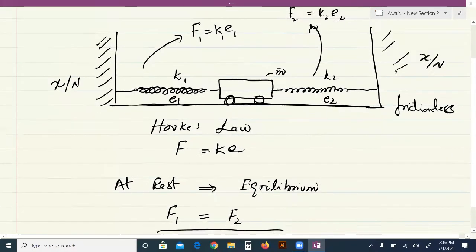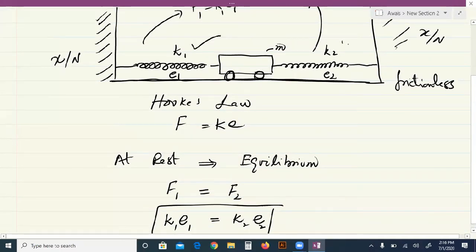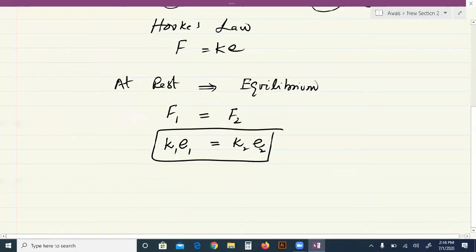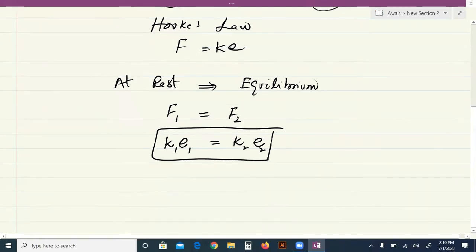Look, K1 spring, K2 spring, they are not identical. This extension E1, this extension E2, due to the rest position. K1 E1 is equal to K2 E2. Now,